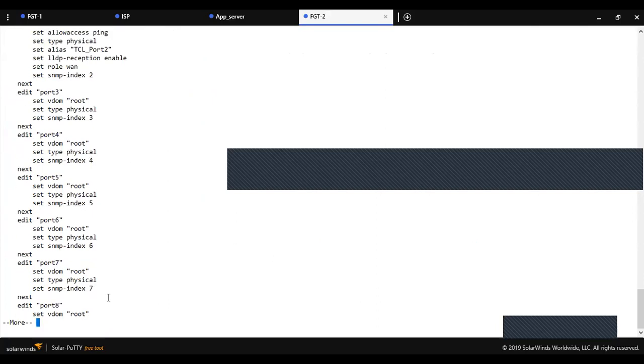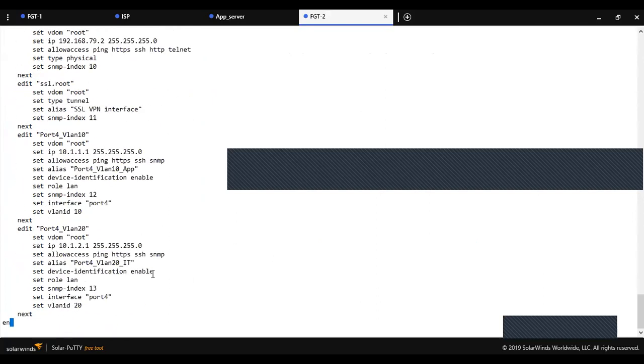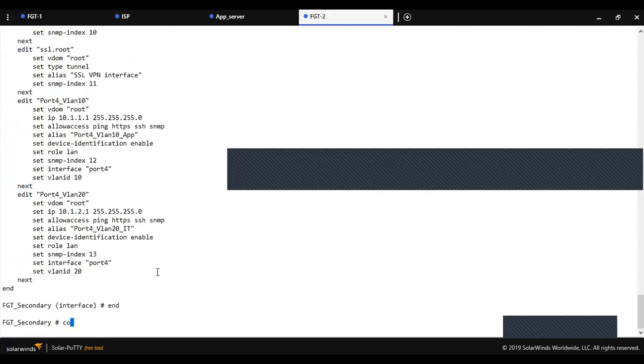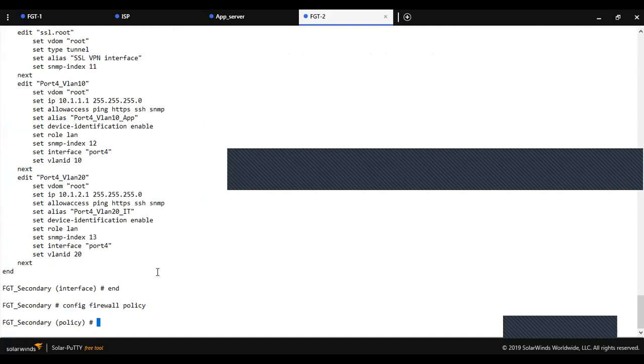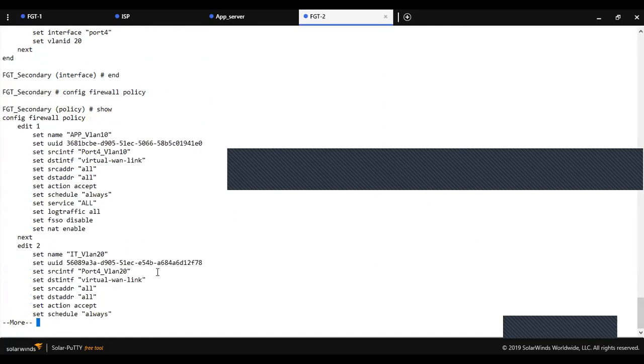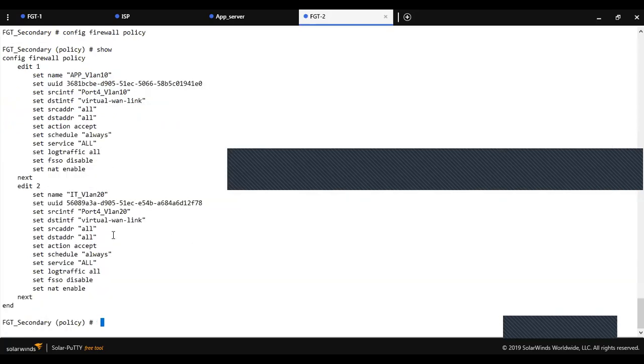I have only configured the HA configuration and the host name, and all the configuration has been synced. If you want to check the policy also, config firewall policy. As you can see, all the policy configuration has been synced from the primary firewall.